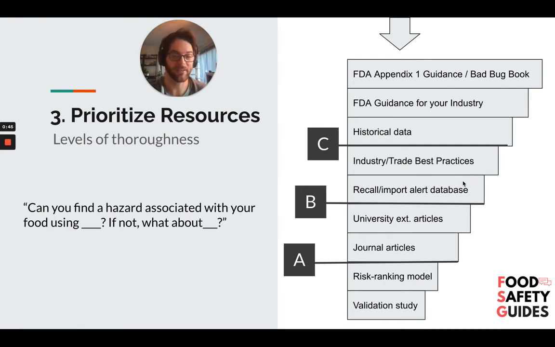In some cases, if they find there are no hazards identified using any of these resources, you might turn to history of recalls and see if there have been any recalls associated with your product and the hazard that you've identified. Now, another level up is looking at university extension articles. Just remember that,